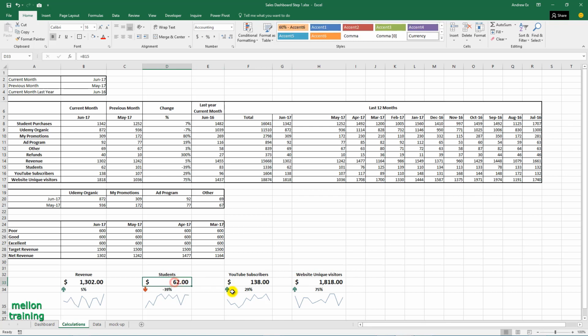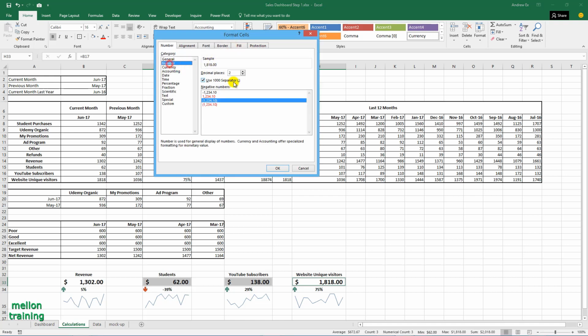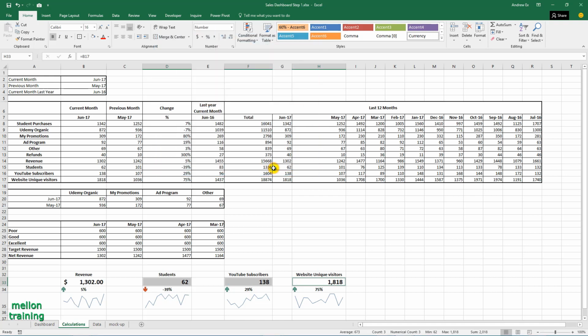Convert these cells to numbers. And remove the grid lines from the View tab.